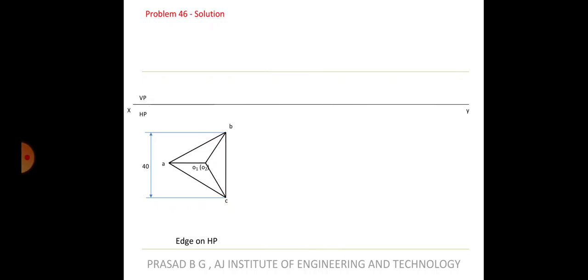So if you tilt it by, let's say, AOB as the base, you will get the same view. If you keep AOC as the base and tilt it, you will get the same view. If you keep COB as the base also, you will get the same view. So that's how a tetrahedron is. I hope you understood.